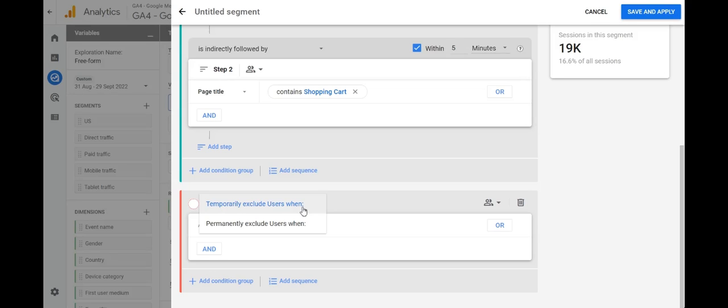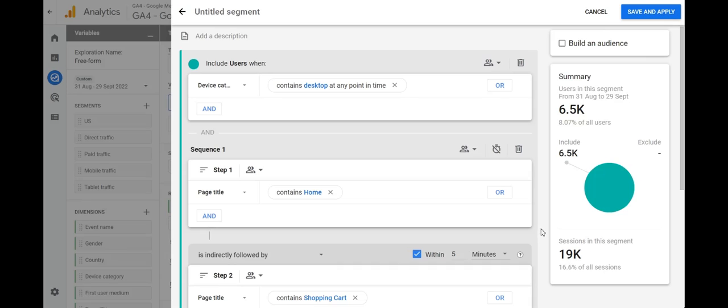So for example, if someone is purchasing a camera from your site, you want to pause your marketing for them, but you may want them to be re-eligible for marketing for when you launch a new product. So all this can be done using these features. Then